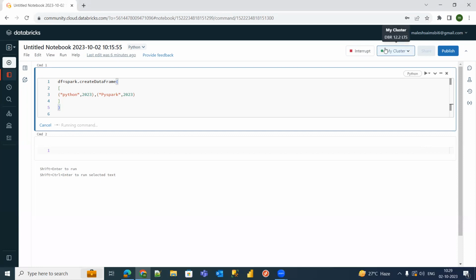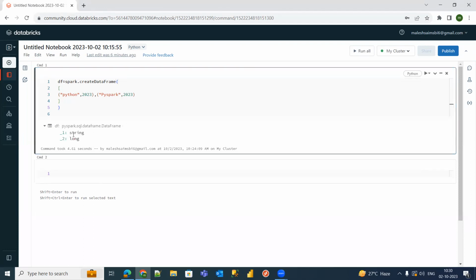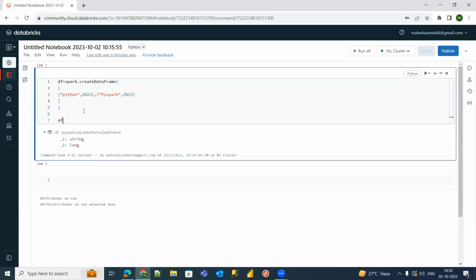The green bar shows the command is running at the moment. See, at the moment it is showing that there are no columns that we have defined. We just passed the values, right? So this is the first data frame that we have created, with two rows, right? I want to see the content of the data frame. If you want to see the schema, we can use